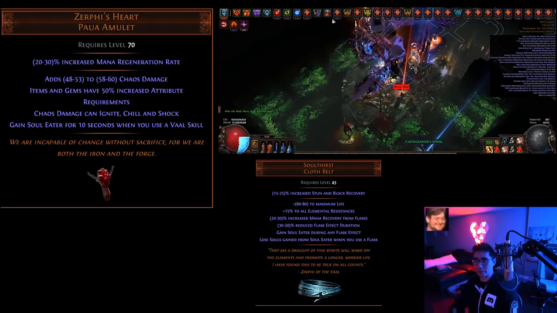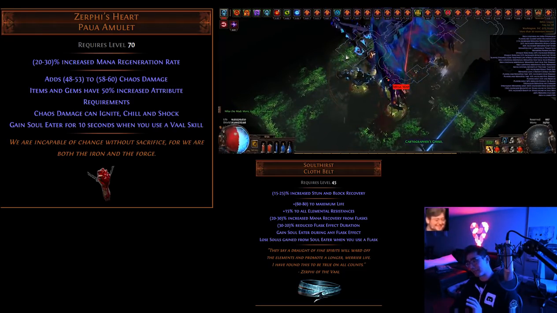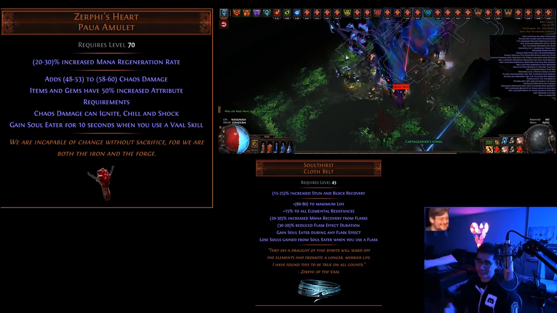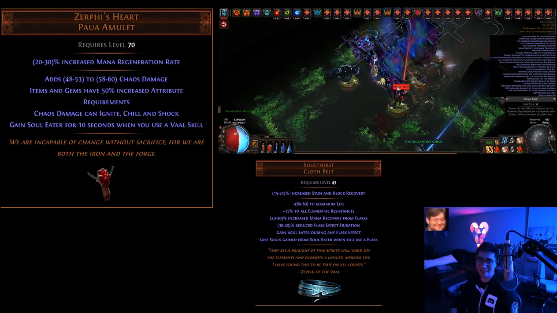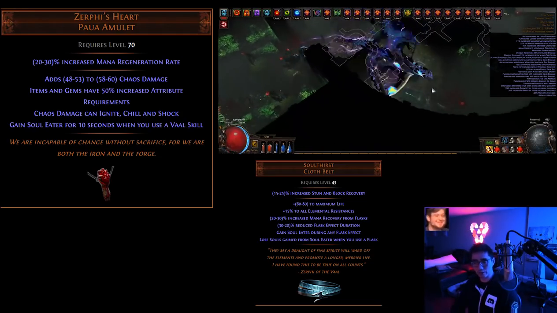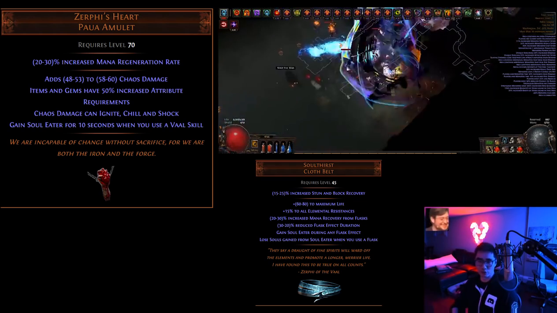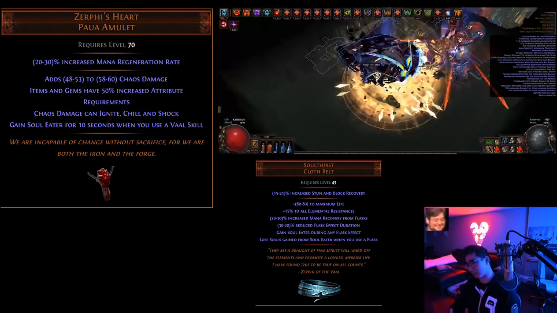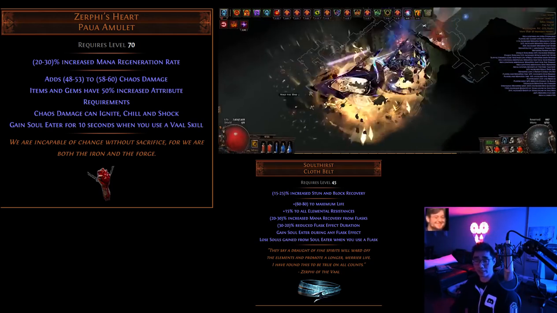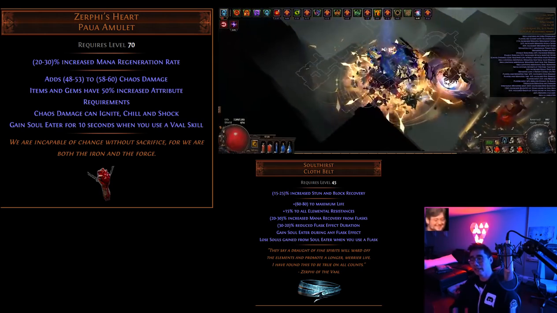The other things on the amulet don't really matter. I mean, you have a little bit of added damage. The ability to ignite, chill, and shock is kind of whatever. Usually, whatever build you're using, this is probably not going to be a full purple damage build, so you'll just have those elements anyways. And then the Soul Eater for 10 seconds on the Xerpe's Heart, the amulet, it can be extended with things